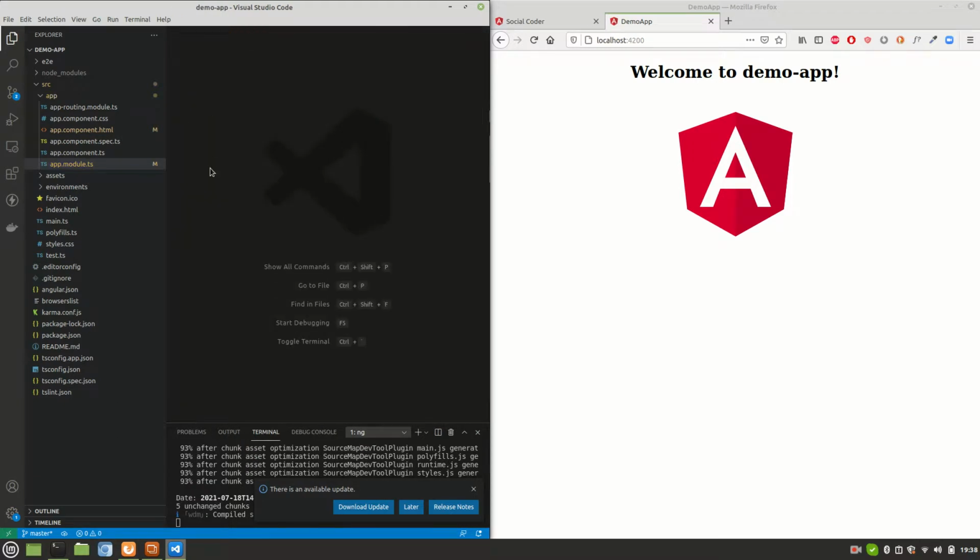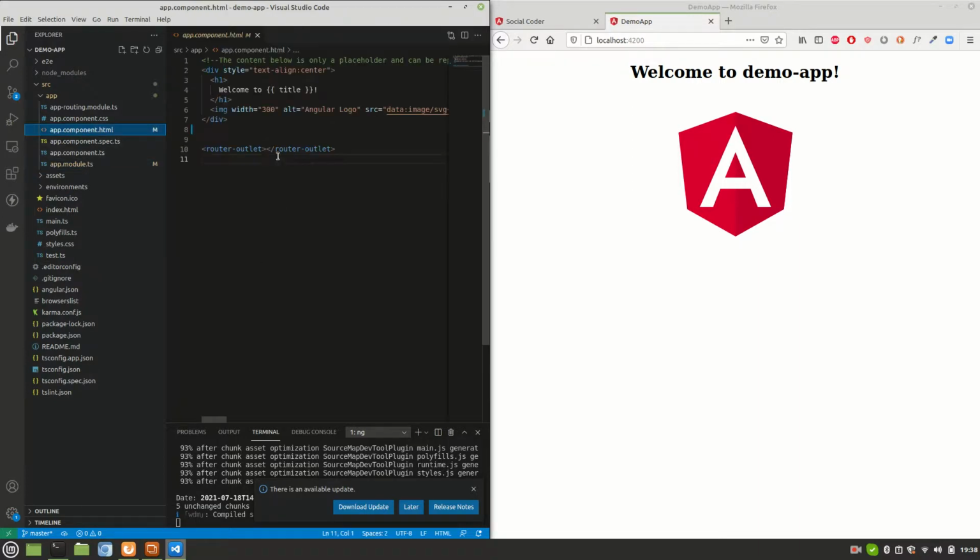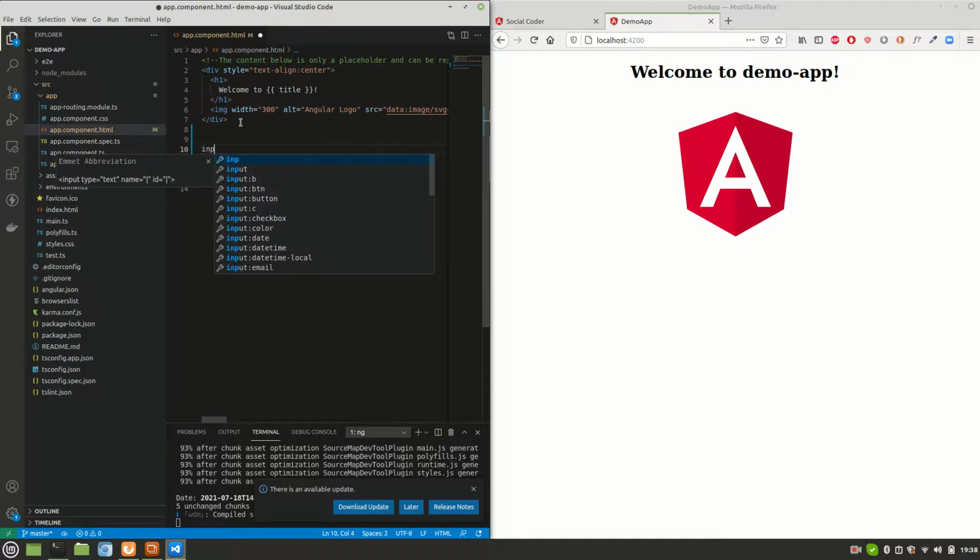Now what I'll do, I'll create three elements. An input field, a heading tag, and a button to reset the value. Let me write the code for that. I'll do everything in the app component itself. Let's not overcomplicate things. So first thing, I'll need an input, type text.